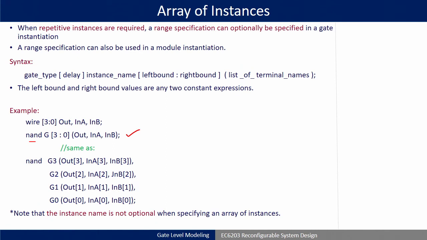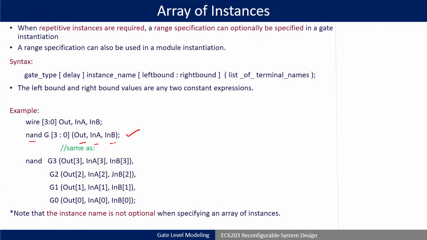but many times you may find that there will be 50 times you may instantiate the same module. Okay. So, at that time, if the same module contains the same input, same output and everything is the same, we can refer to it as an array. Okay. So, out may have 4 bits, in A also 4 bits, in B also 4 bits, understood? So, instead of individually writing, let us say, 40 times for the same module, directly you can just write NAND G 3:0, then out in A in B.